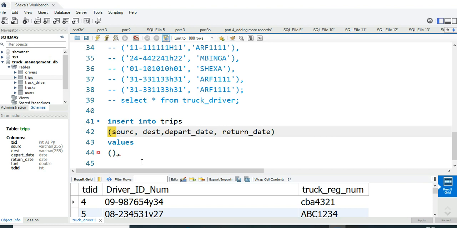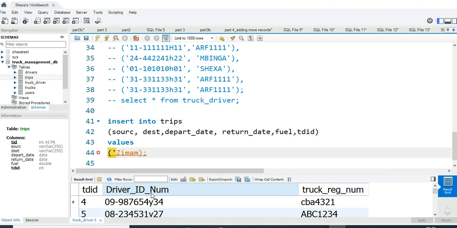From return date we have fuel, and from fuel we have truck driver ID. And then yes, that one. Right, so our first trip is from Zimbabwe to where? To Zambia, and